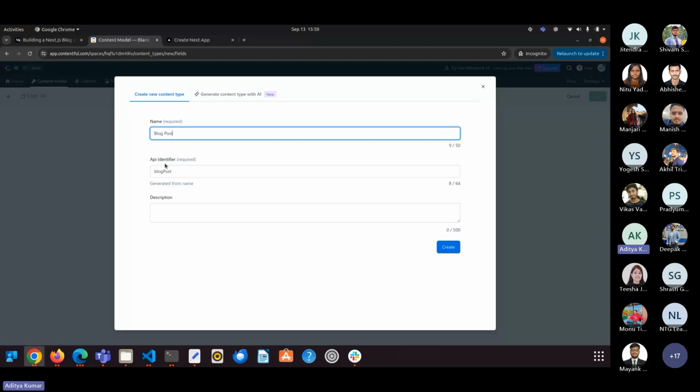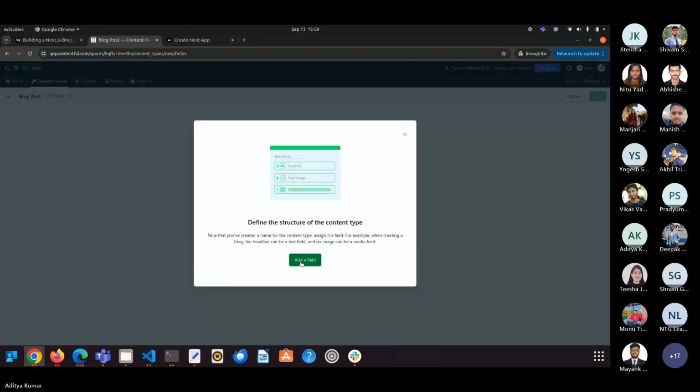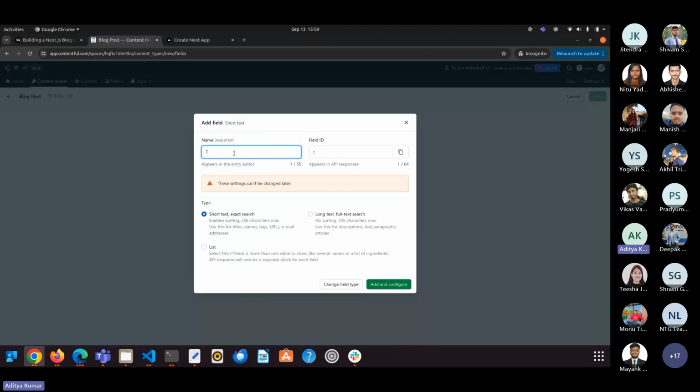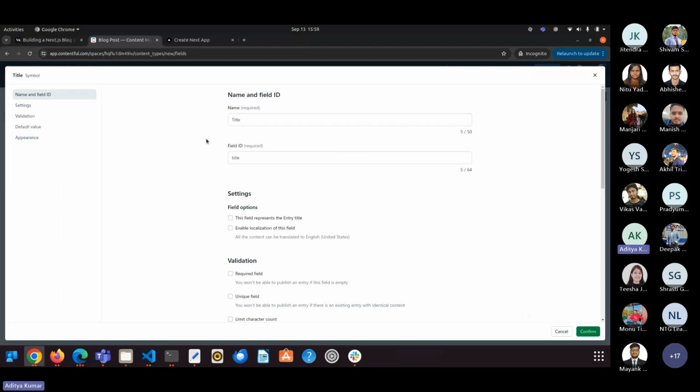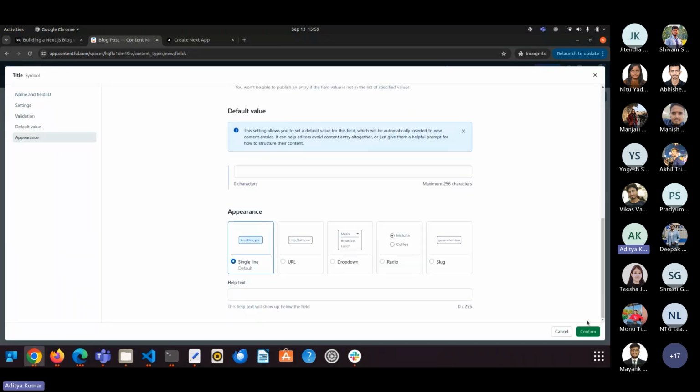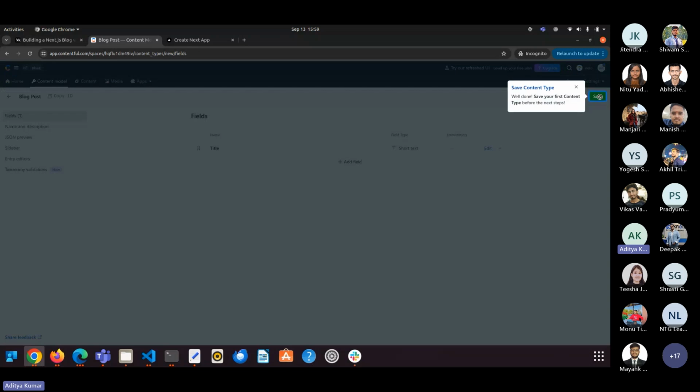Identifier, it is being required. Yeah, now we can add some fields. So let's start with text. One will be title, of course, and I'm keeping it short. Confirm. See,